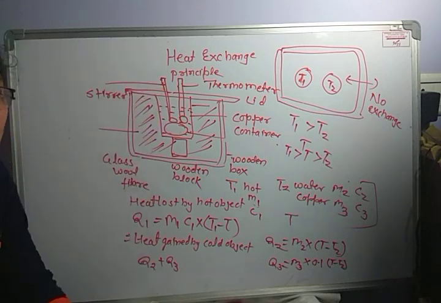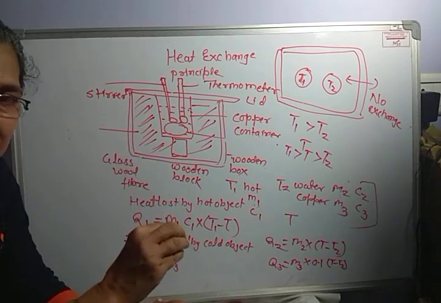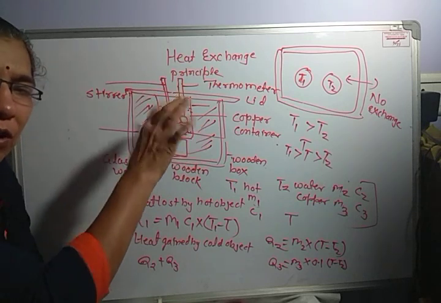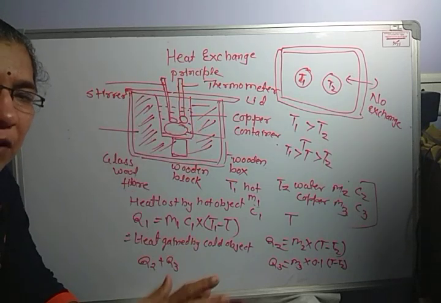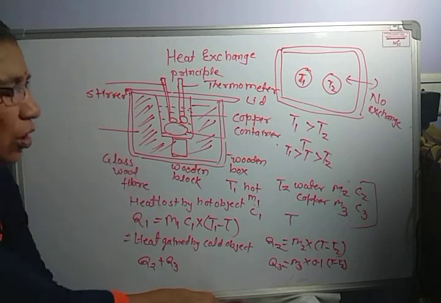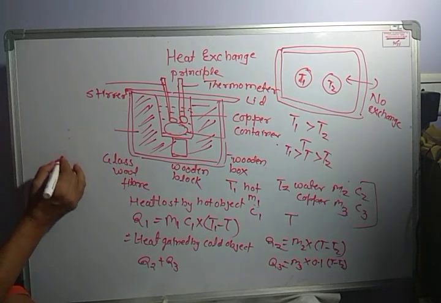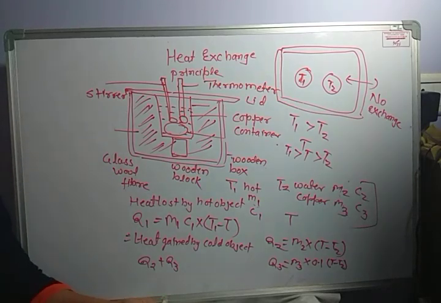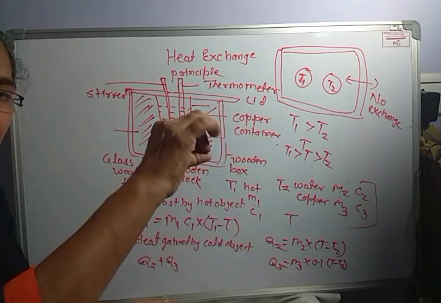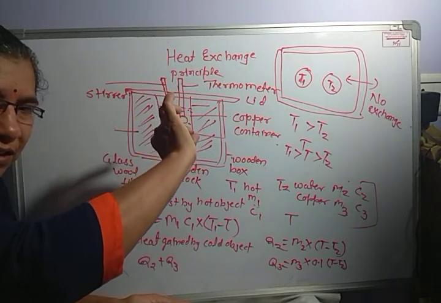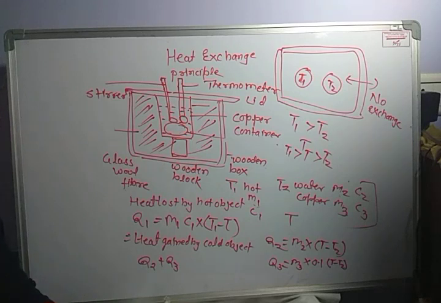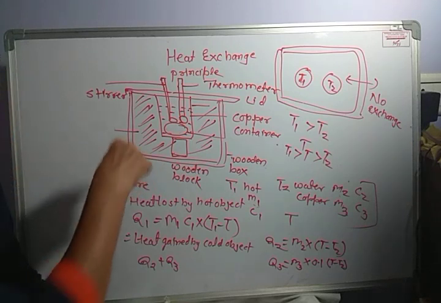As we know, it is a law of nature to remain at the same level. After some time, the copper vessel and water both will be at the same temperature. So we note down the initial temperature of the copper vessel, which will be some T1. Then a measured quantity of water at a higher temperature we have to add to it. What will happen? And keep on stirring.